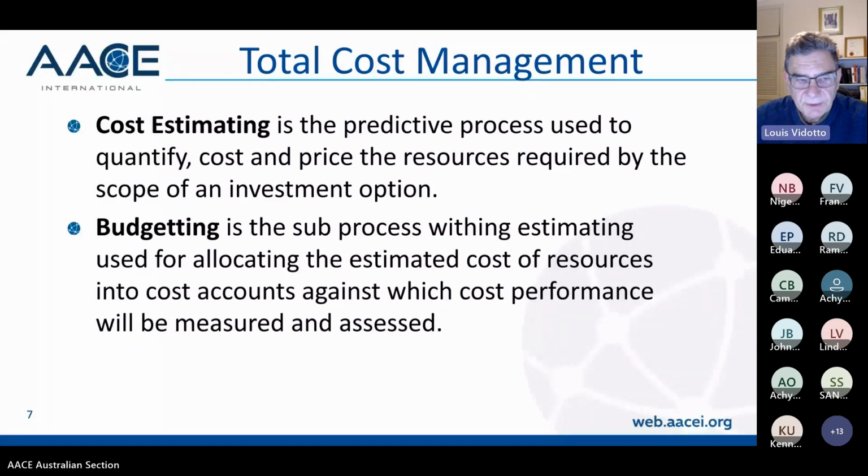Budgeting, they talk about the sub-process within the estimating used for allocating the estimated cost of resources into cost accounts against which cost performance will be measured and assessed. One of the things that's important on projects in which we prescribe to, and AACE certainly, is the budget allocation process. So that when a scope comes up for award or recommendation for award or for contracting, that you allocate